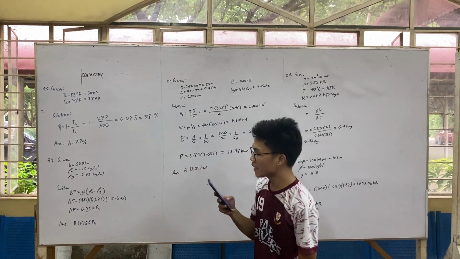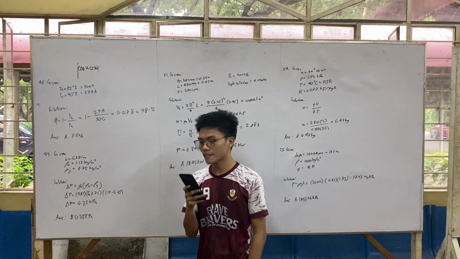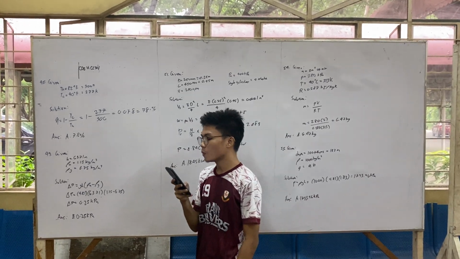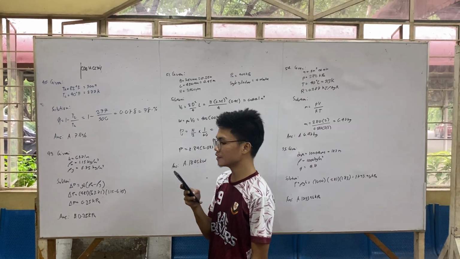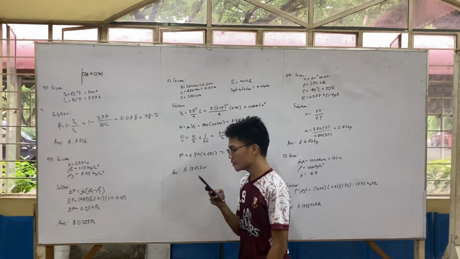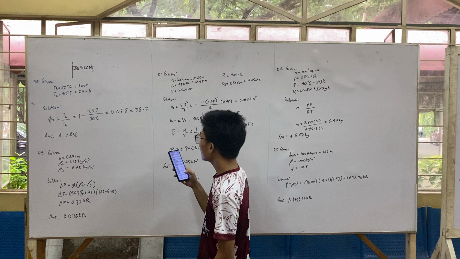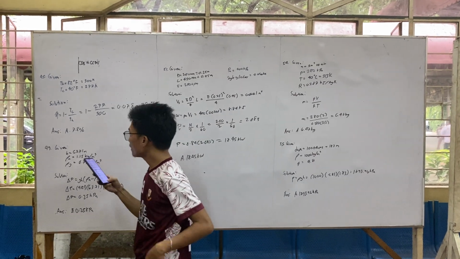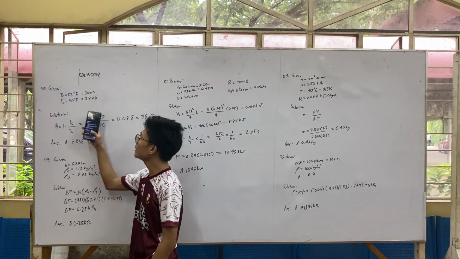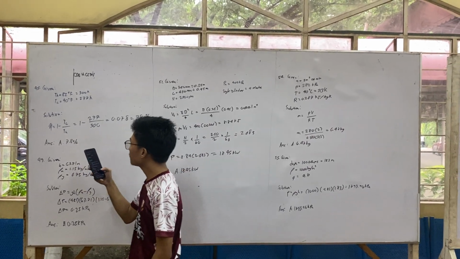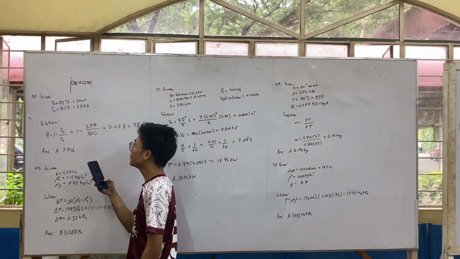Number 45: an ocean thermal energy conversion plant draws 40 degree Fahrenheit water from a depth of 1,200 feet. The water temperature at the surface is 82 degrees Fahrenheit. The maximum achievable thermal efficiency is mostly blank. The givens are our surface temperature, which is 82 degrees Fahrenheit or 300 Kelvin, and our depth water temperature, which is 40 degrees Fahrenheit or 277 Kelvin.